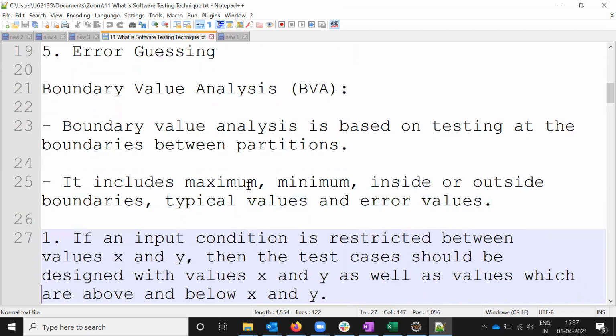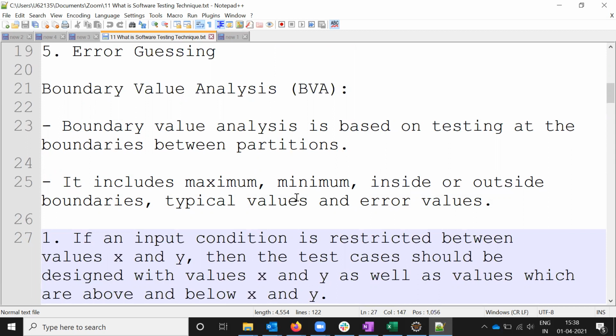Boundary value analysis is based on testing at the boundary between the partitions. It includes the minimum and maximum, inside or outside the boundary, and error values. Imagine you have one text box that accepts 0 to 10.